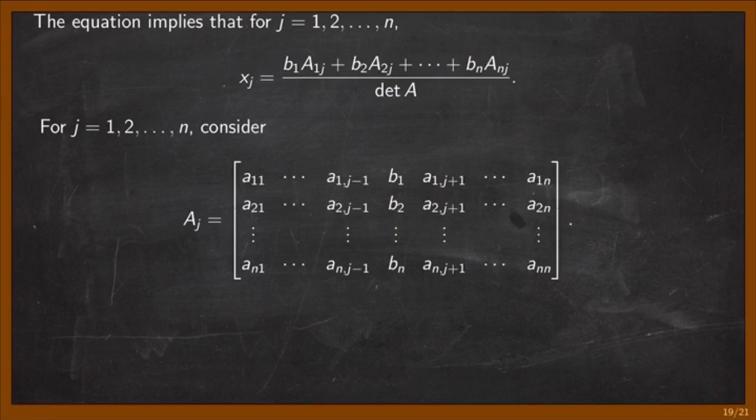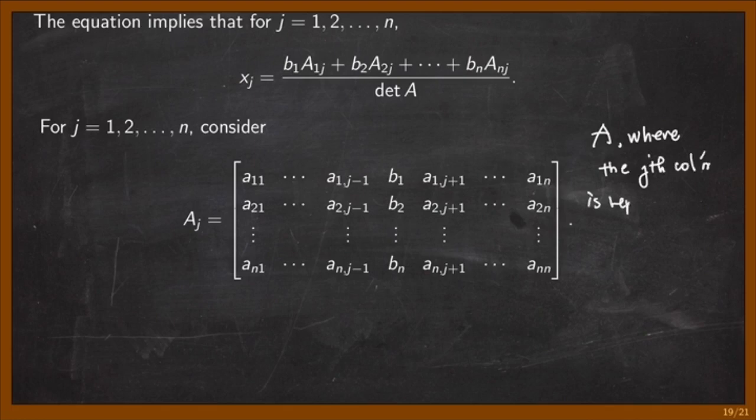Now, for each of the values of j, what do you think is the numerator? That's what we wanted to know. So this is what we do in order to understand the numerator. For each j, I want you to define or consider the matrix A_j. What is this? Basically, this is just the matrix A, where the jth column